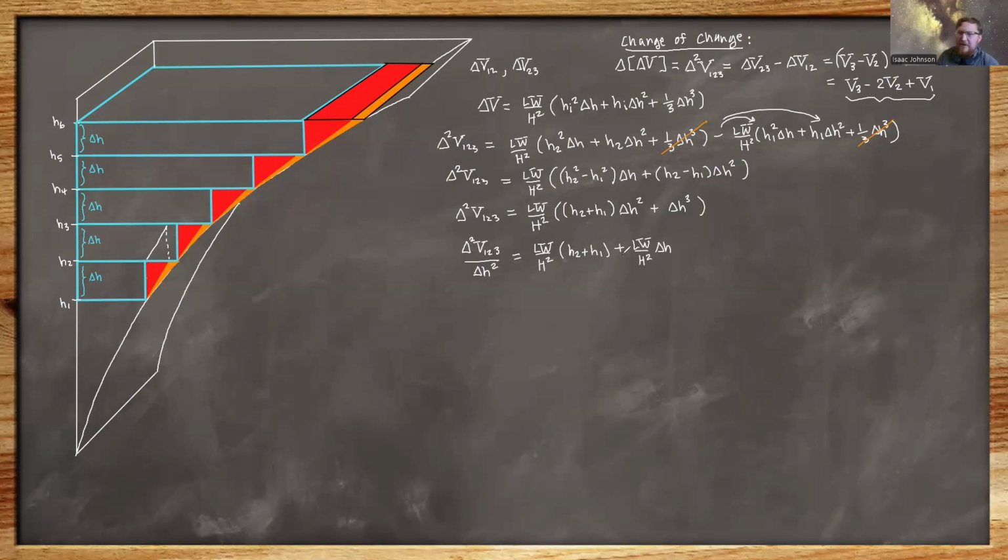So that's what's left. So as we shrink delta H, as we get delta H closer and closer to 0, of course, without ever reaching it,